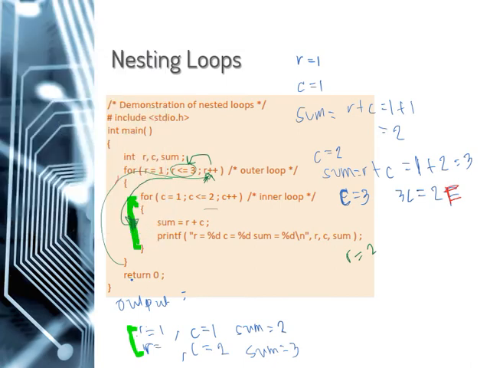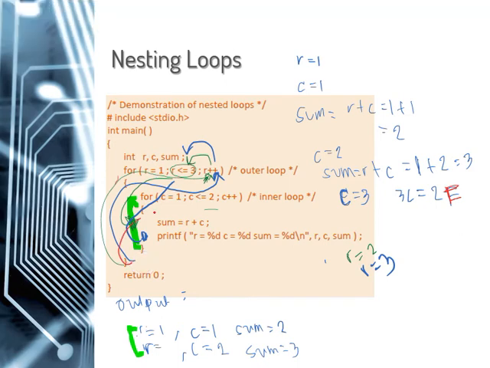After na execute ni balik na pud ni siya diha, r plus plus na pud, and then r now will be equal to 3, tapos less than or equal to 3, which is true gihapon, and then this will again be executed na pud. And then once this is executed, ma-exit na dayon na pud, tapos mabalik na pud siya